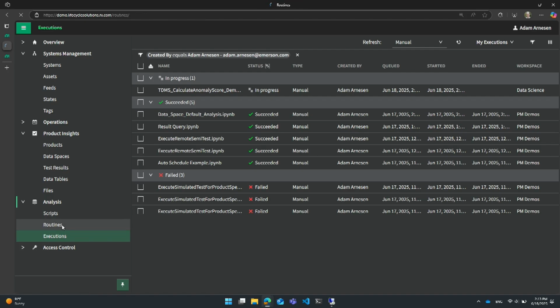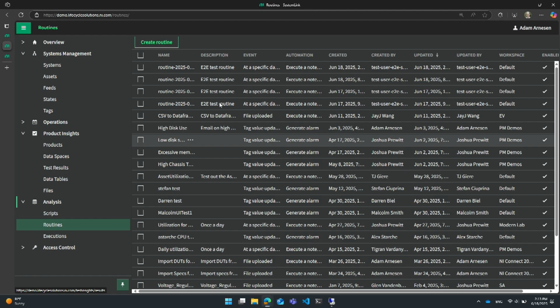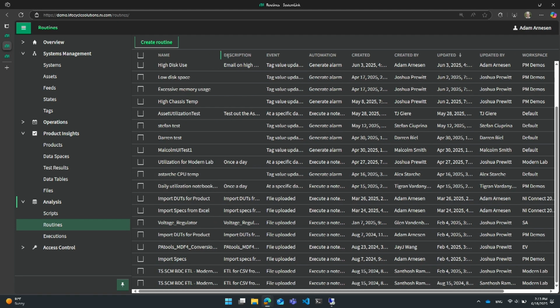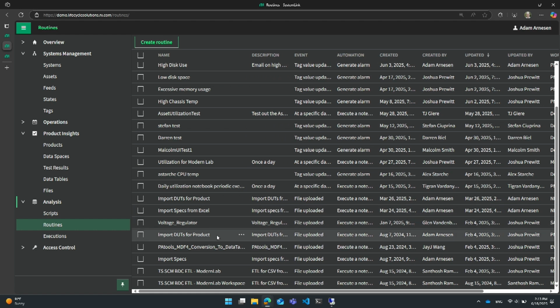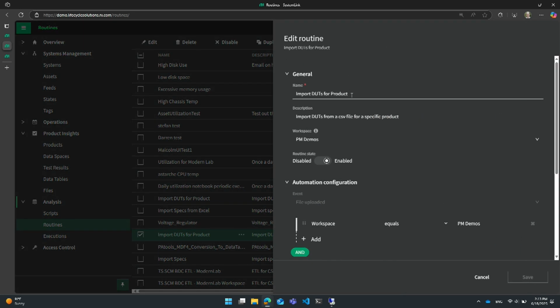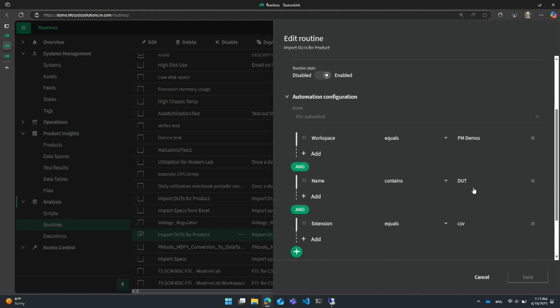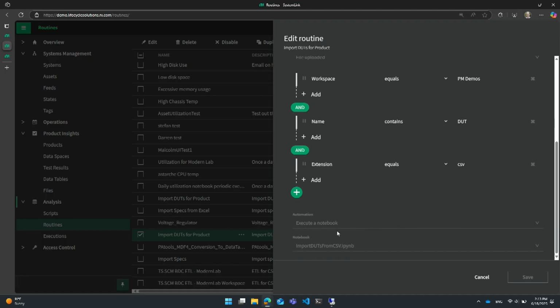To do that, we're going to look at what's called routines. So here's an example of one where, let's see if I can find a good one. I've got some importing of DUTs. So let's look at what this looks like. If I edit this routine, what happens here is anytime a file is uploaded into this PM Demos workspace that happens to have the name DUT and is a CSV file, it's going to run this import DUTs from CSV